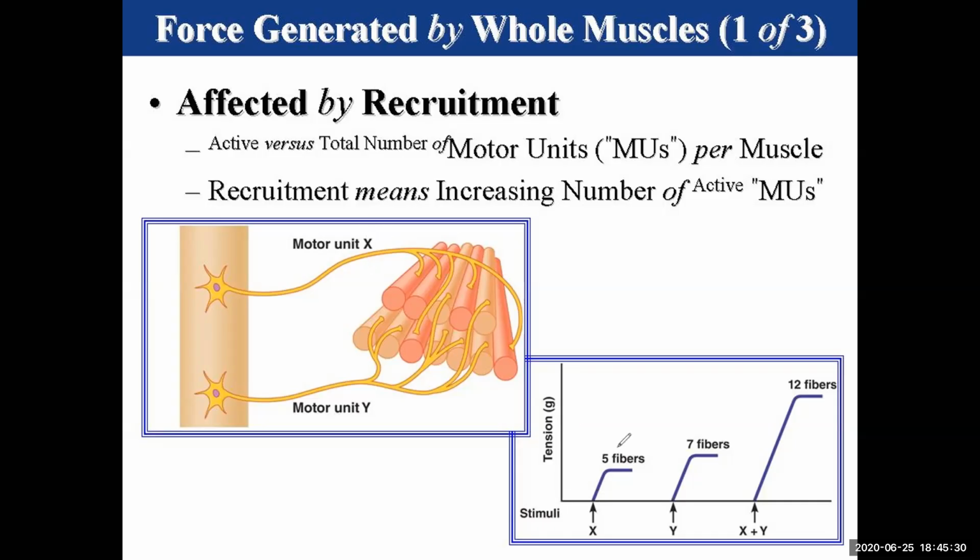Motor unit X is smaller because it only innervates 5 skeletal muscle fibers. And then the next level of recruitment is motor unit Y, which is slightly bigger because motor unit Y now innervates 7 skeletal muscle fibers. And if you add them up, now you are recruiting a total of 12